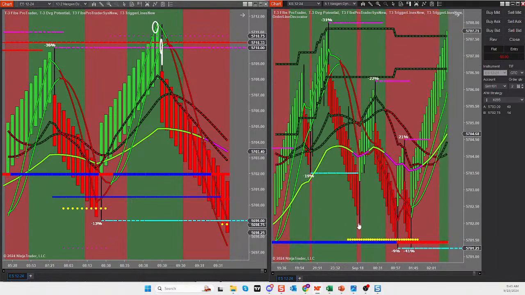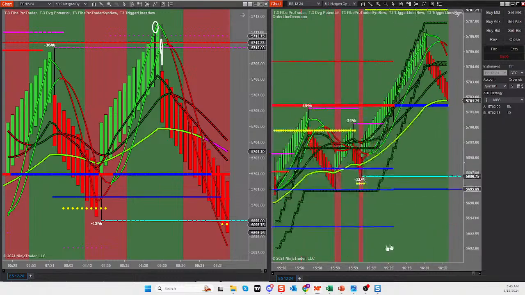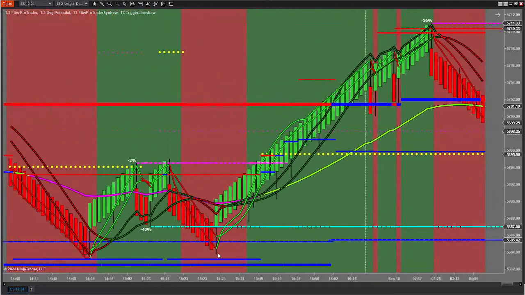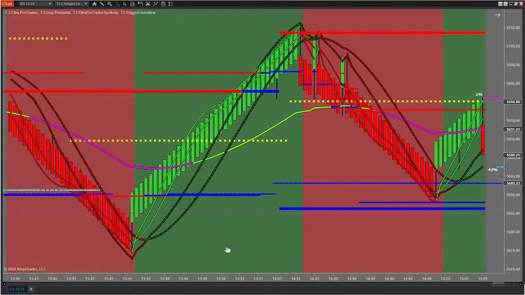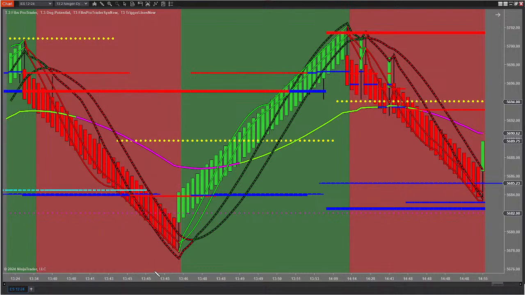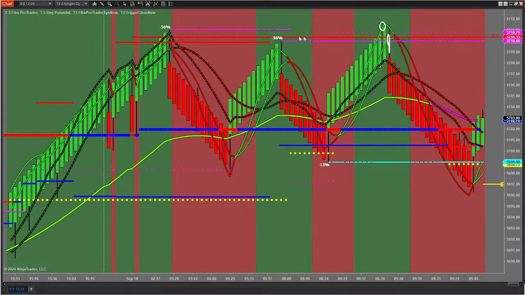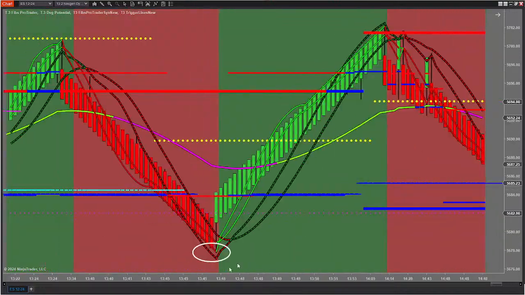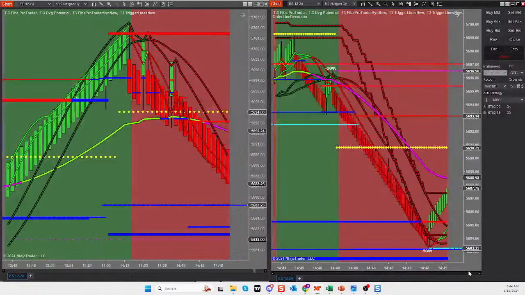Let's see if we can find another one. Obviously it's range bound here, so let's see if we can find a spot where it turned kind of in the middle of nowhere. Well, because of the termination condition, Hong, we wouldn't have looked for that trade there anyway, right? This big red fib with the triggers below said don't take the long. Rule number 2 is not met. But let's look back here and see if at 1345,